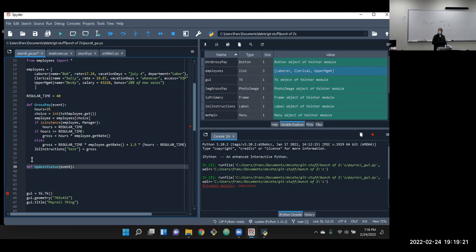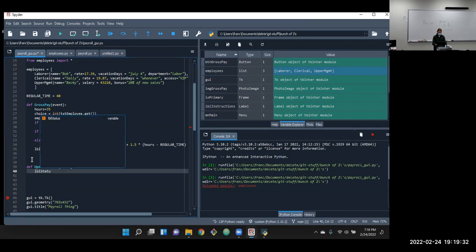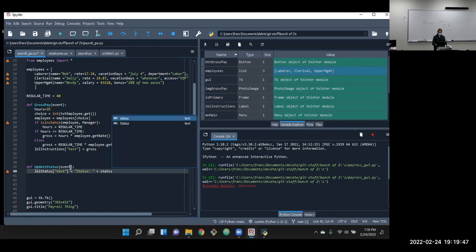The interpreter will pass in self, and then the operating system will pass in the events. And all this needs to do is that status label, it has a text attribute in it. So we're going to change that to the word status plus some string that we'll pass in, and I'll just call that status in camel case.